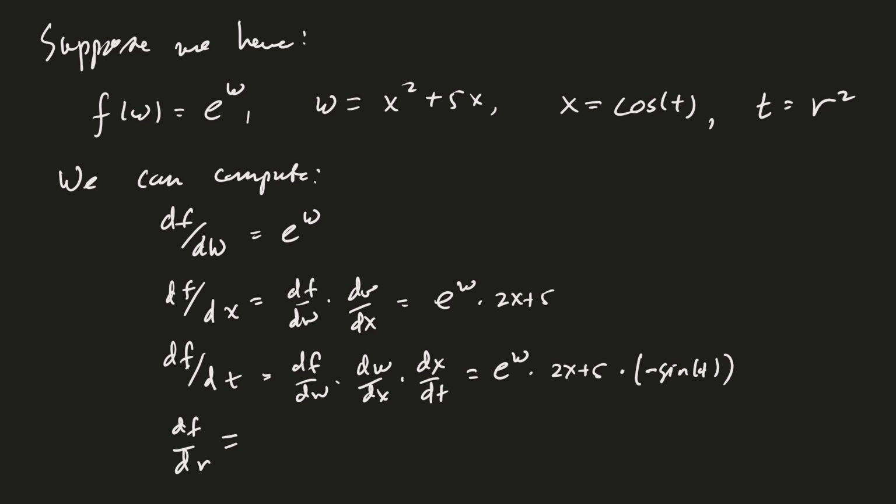And then df over dr would be the same, it would be this thing, right? Times dt over dr, which is 2r. And so you'd end up with this thing times 2r. Okay. So you can see, right, that we can take a composition within a composition within a composition within a composition,